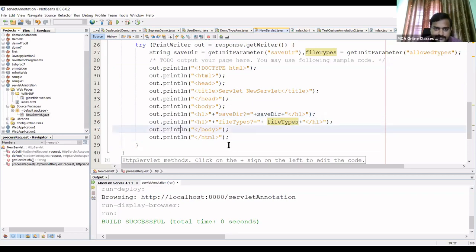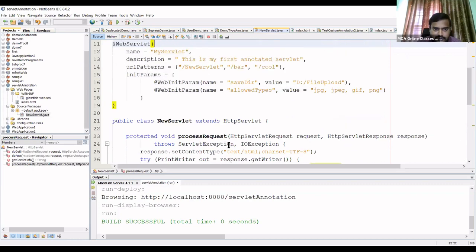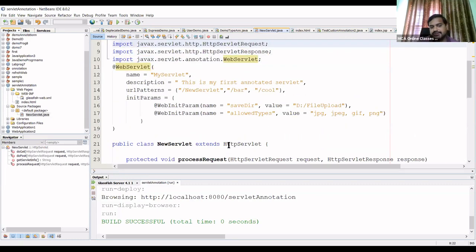You understood this? See, what is the main objective of this program? You know the servlet technology, because now you are a master of servlet technology. You can do any program. But my main intention is that I want to replace the web.xml file with the annotation, right?